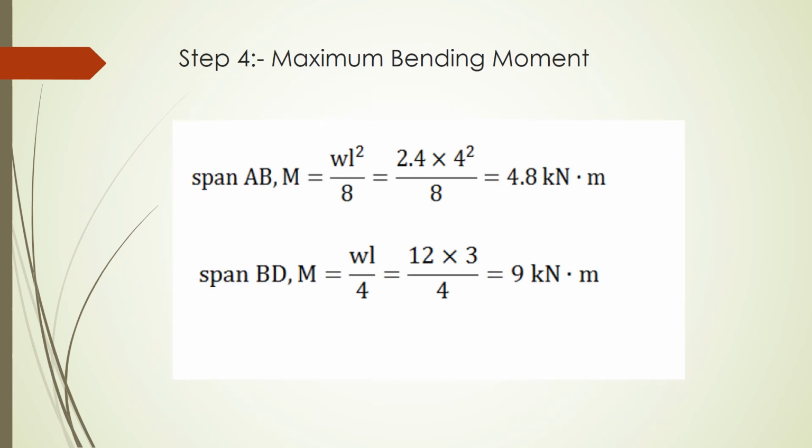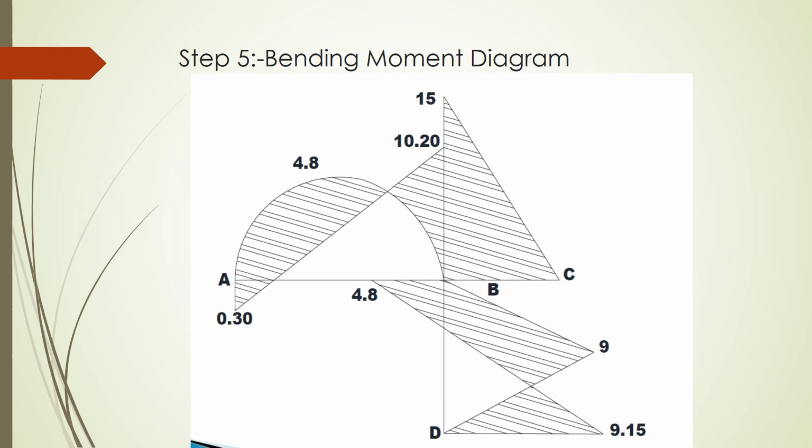Now the last step is to find out the maximum bending moment. For the given loading on the span AB and BD, these are the maximum bending moment values. The last step is nothing but to draw the bending moment diagram. So I hope you have understood the problem of a continuous beam with a sinking of support and a portal frame without sway. So please try to solve more numericals from the given assignment.